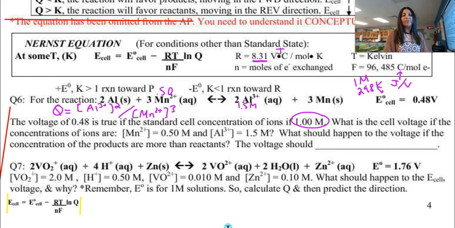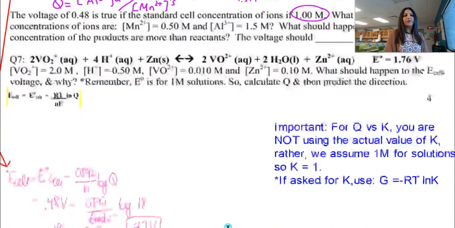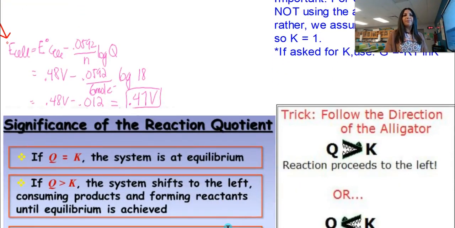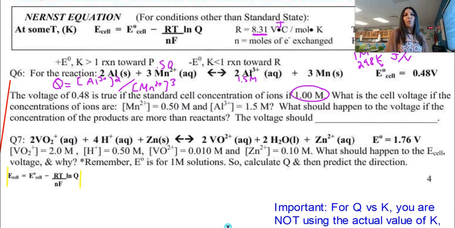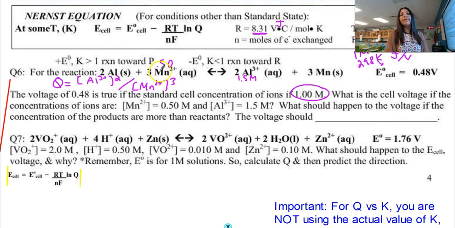So we know it was at 0.48 volts. So let's use our Nernst equation here, and you can see I plugged in my E cell values here. My 0.48 was my standard, minus 0.0592 over my moles of electrons, which was 6 moles of electrons being transferred. And if you want to take a look at why it was 6 moles of electrons, because my Mn